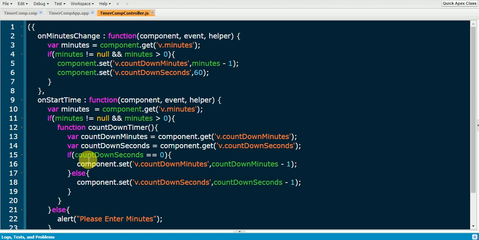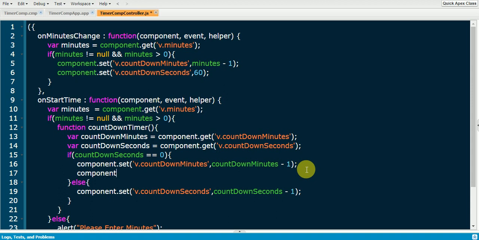Here we have written the if condition. If the countdown seconds value is 0, then we are decrementing the value of minutes, and also we have to revert back the value of countdown seconds to 60. So here I'm going to do that: component.set v.countdownSeconds to 60. Yes.